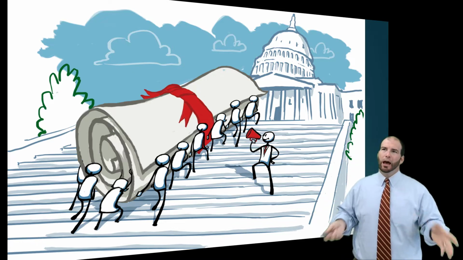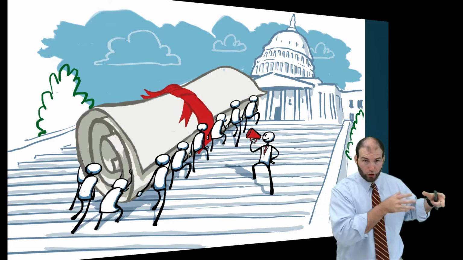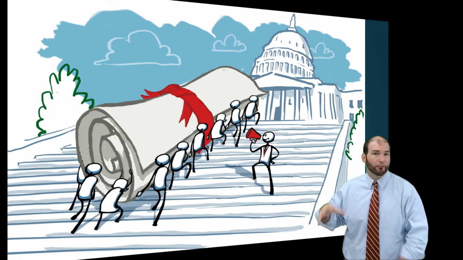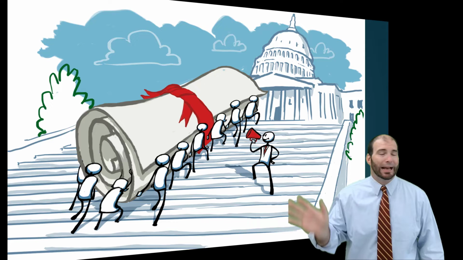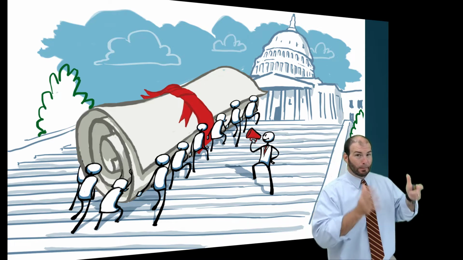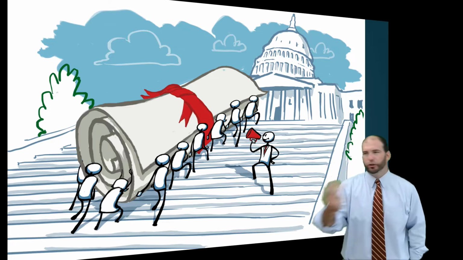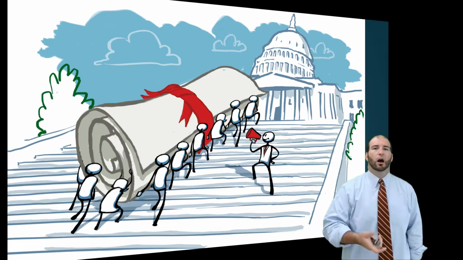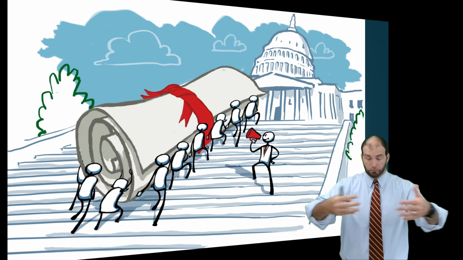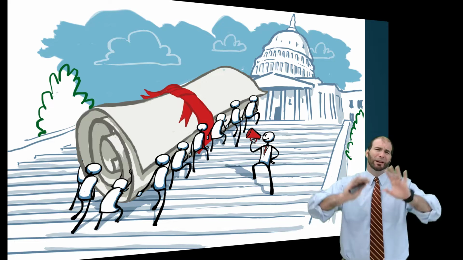So how does Congress work? In the 2 groups, you have the Senate, which is made up of 100 people, and then you have the House of Representatives, which is made up of 435 people. Now, 435 people seems like a massive amount of people, but when they are representing 350 million people, it is a drop in the bucket. So how in the world, because all these bills get introduced all the time, how does Congress have the ability to go through and read all these? And when I say Congress, I'm talking about the combined Senate and House of Representatives. How does either one of them have time to read all these and figure it out?